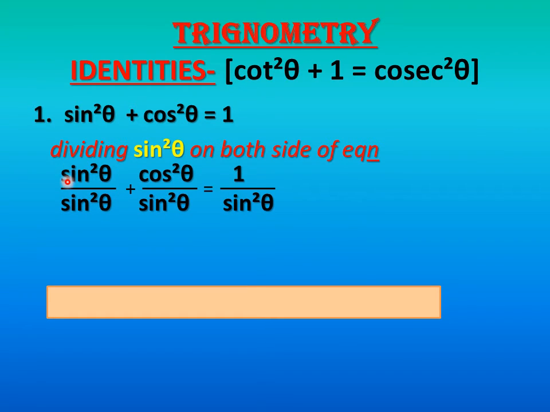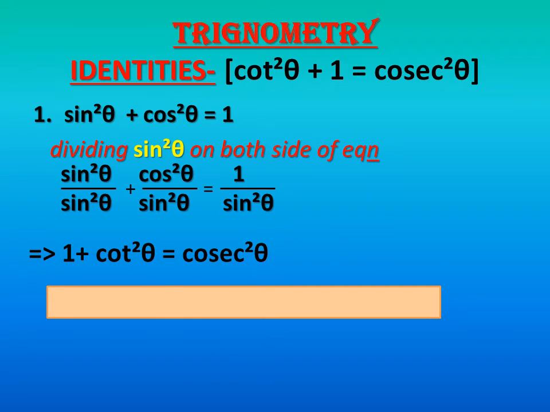Here you see sin square theta is divided by sin square theta, and cos square theta is divided by sin square theta. Why are we doing it this way? Because there is a plus sign, so we have to do it differently. And 1 upon sine square theta is the other side, since we have divided on both sides of the equation, the left hand side and the right hand side. So from here, sine square theta upon sine square theta cancels out, and we get 1. And here cos square theta upon sine square theta will be the inverse of tan square theta, which is cot square theta. So we get this.